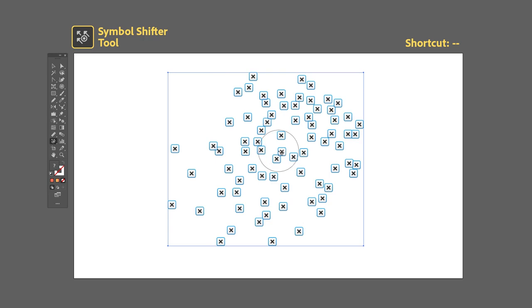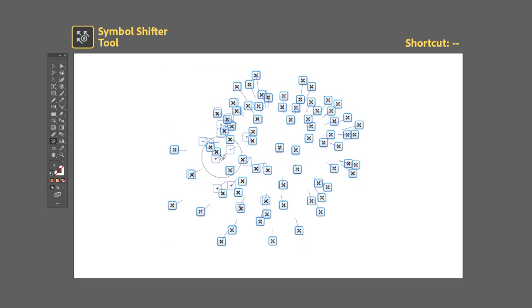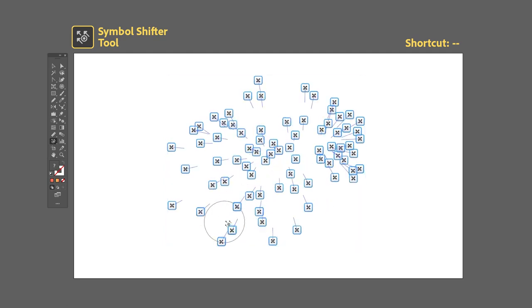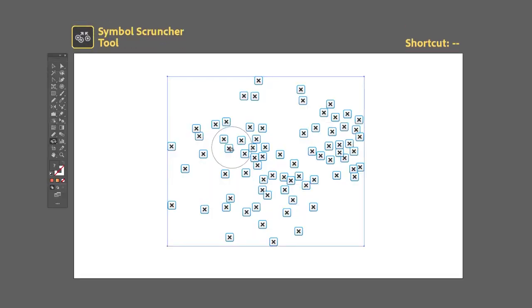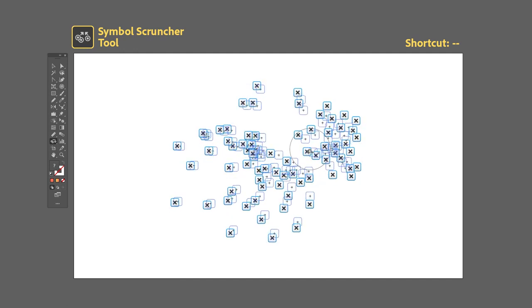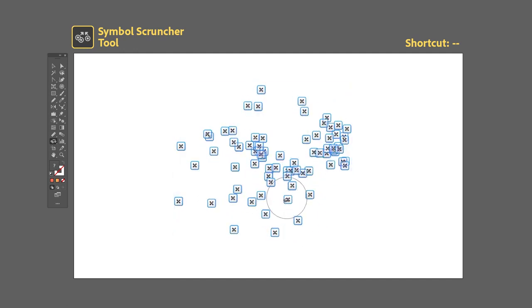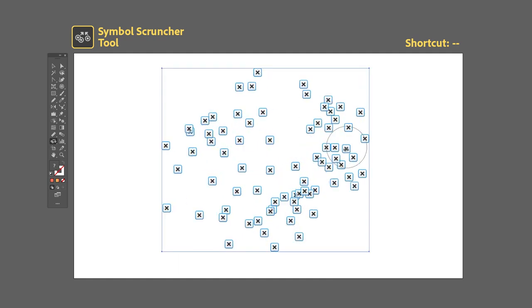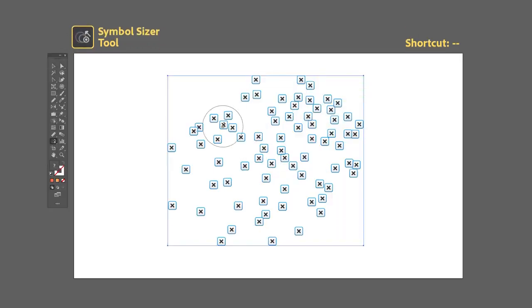The Symbol Shifter tool. No default shortcut. With a symbol set selected, click and drag to shift the symbols inside the group. The Symbol Scruncher tool. No default shortcut. With a symbol set selected, click and hold on a symbol to bring the other symbols close to it. To bring them far apart, hold the Alt key before clicking. The Symbol Sizer tool. No